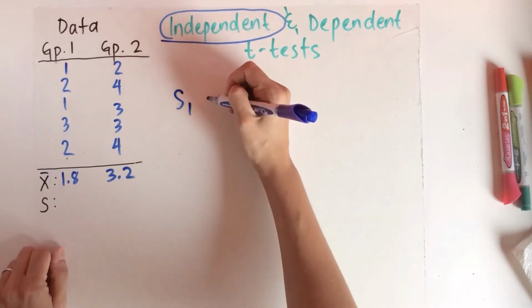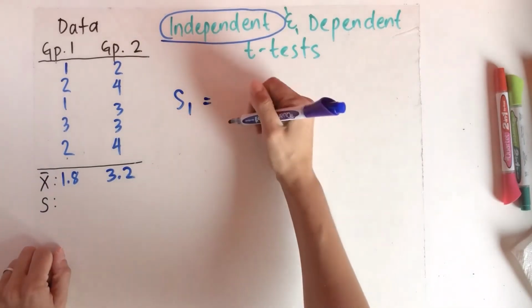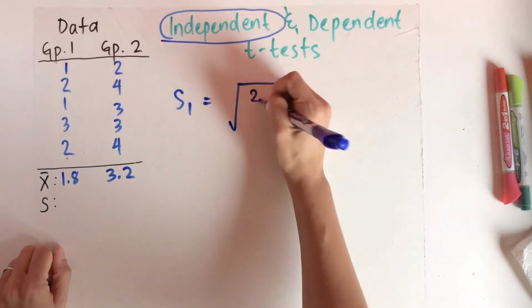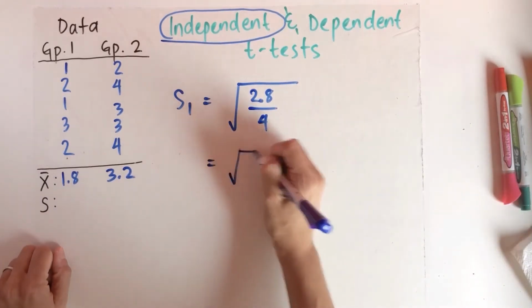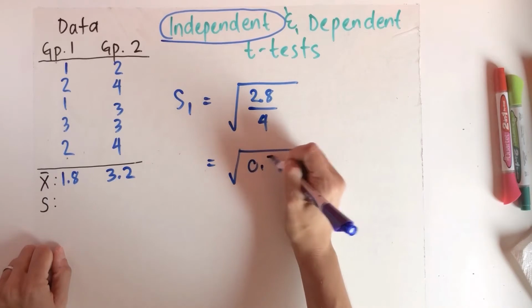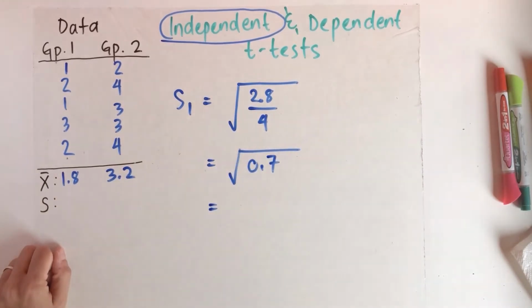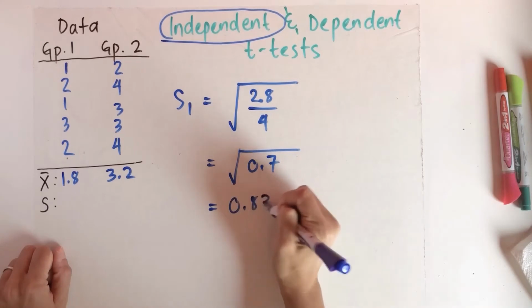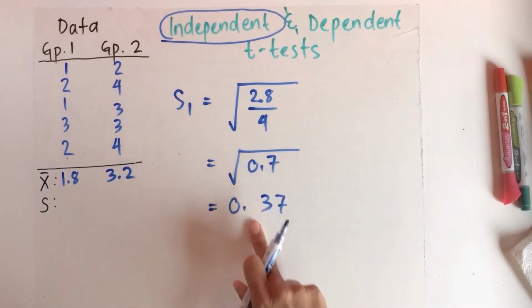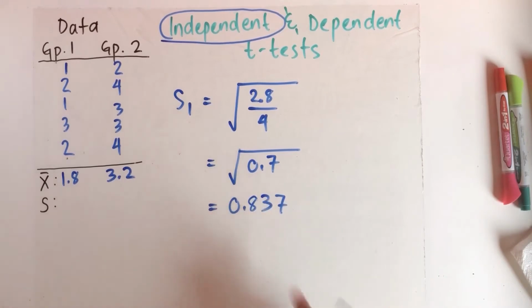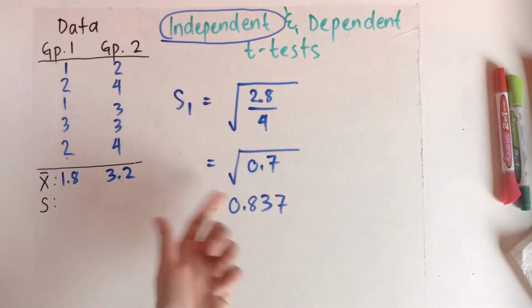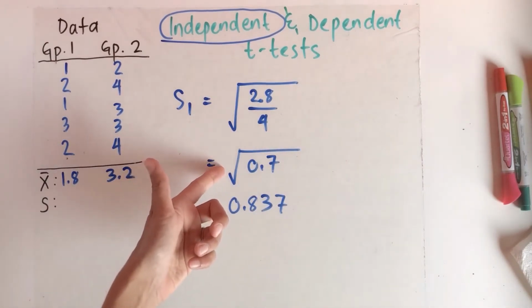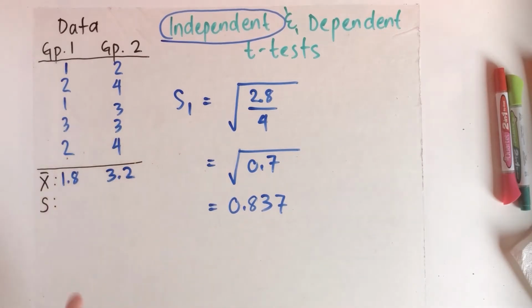Continuing from the last line, when we sum all that stuff up in the numerator, we get 2.8, and we're dividing by 4, and that gives us the square root of 0.7. And when you take the square root and you round to 3 decimal places, you get 0.837. I just wanted to bring your attention to the fact that sometimes when you square root numbers, they don't get smaller, they get a bit bigger. This actually happens with decimal numbers like 0.7, 0.3, those types of numbers that are pretty close to 0. When you square root them, they actually get a bit bigger. So don't worry if that happens, it means you're doing it right.